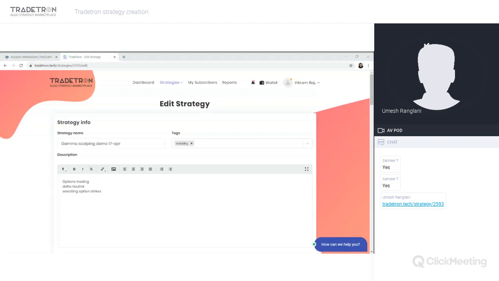You all can duplicate this strategy from this link. You can play around with the parameters, change the delta, change the strike, and test if it is working as per the conditions that we have set. If you have any other questions, just let me know if I can answer any of your queries, if you have attempted to create a strategy or find difficulties in doing something.